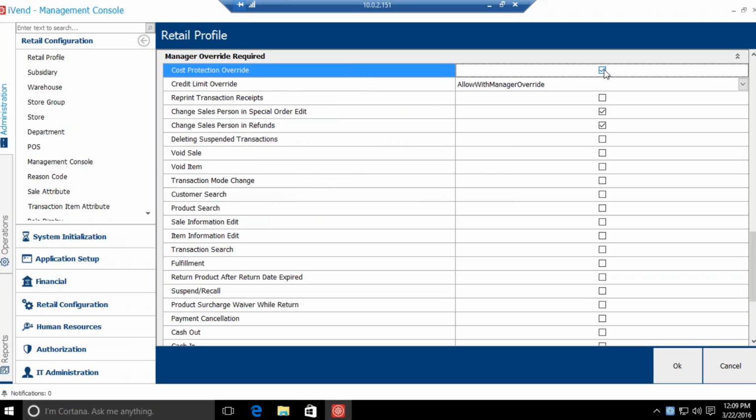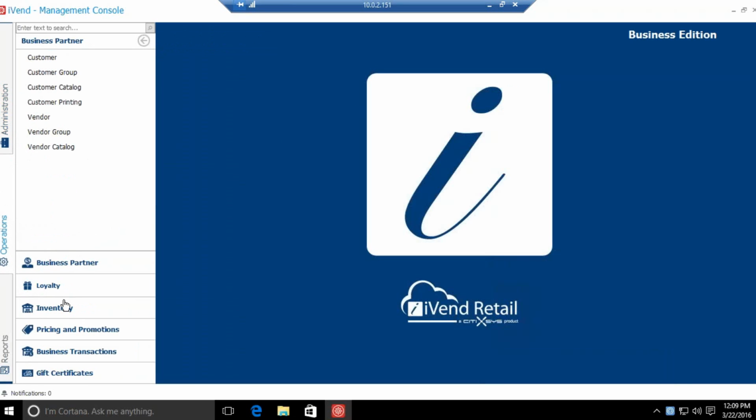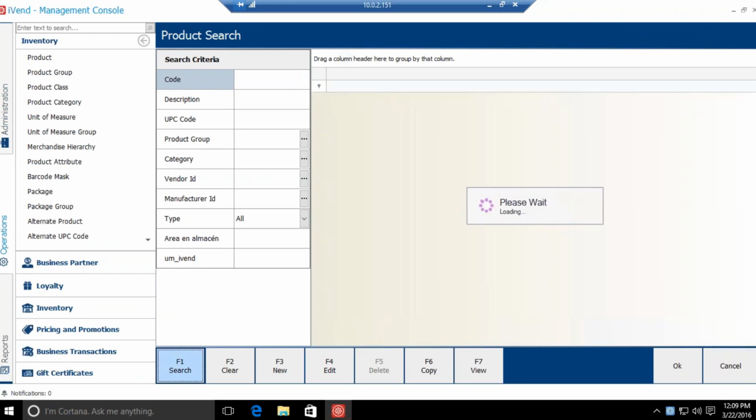So make sure that first of all you have defined the cost price within the iVend application on the product card. If I would like to show you a small snapshot of how it looks, you can go to the product view directly, go to the operations. Within the operations, select a specific product for which you would like to define a cost price. So let's say, for example, I'll pick this article